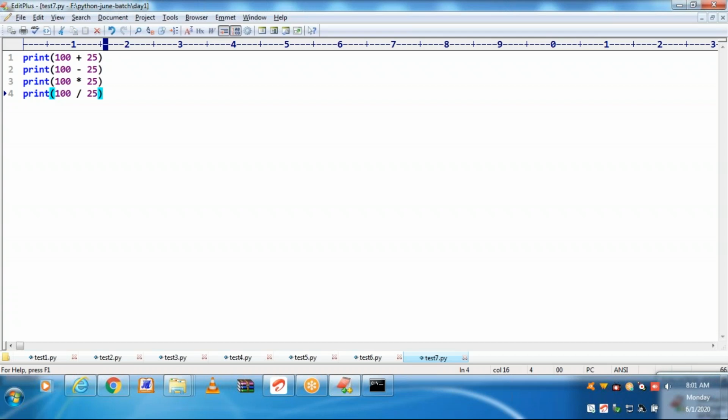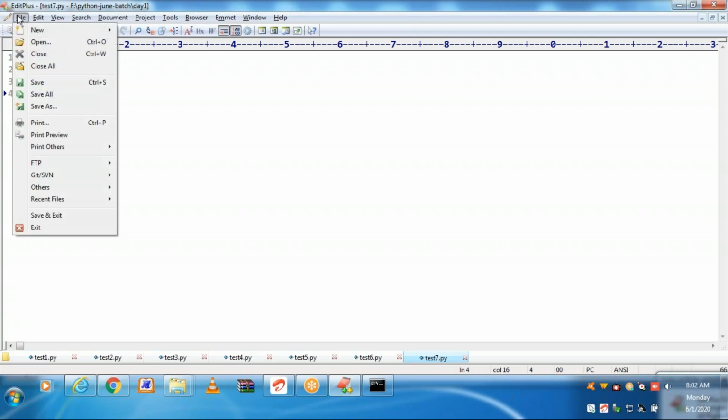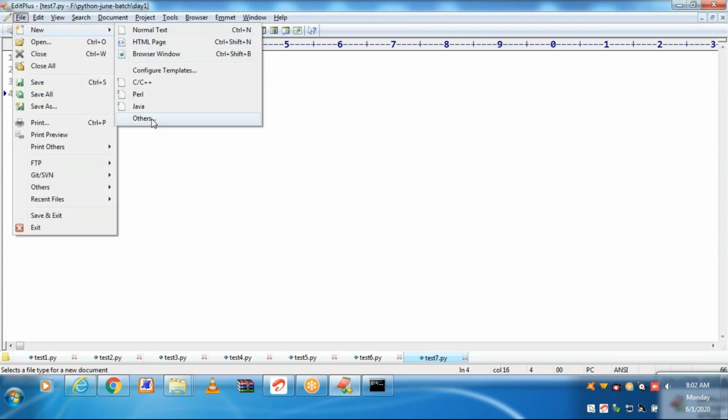I'm just showing here the usage of print. We can use print to print a literal. Literal is nothing but a value. We can use print to print the result of an expression. Expression can be a mathematical expression or a Boolean expression or any kind of expression. Now let us see how variables can be printed.